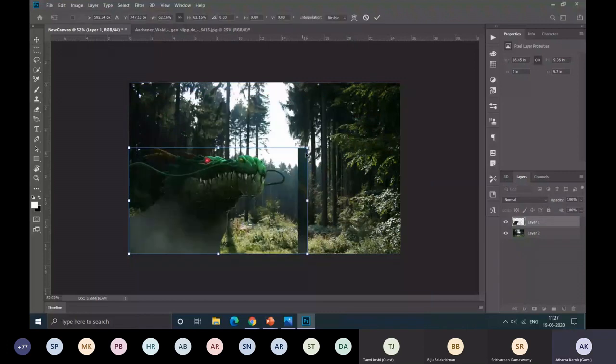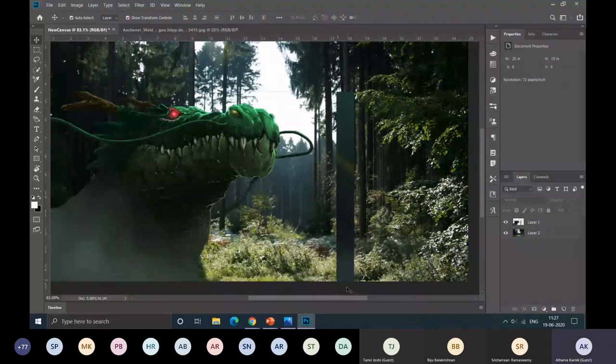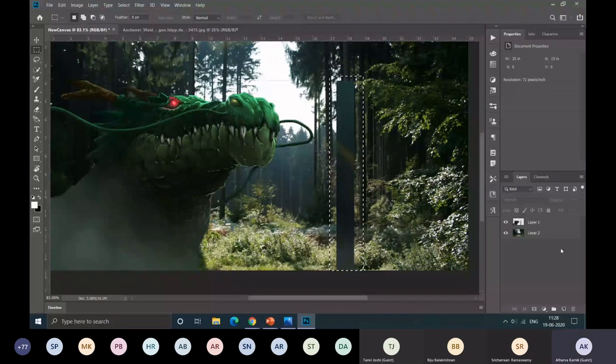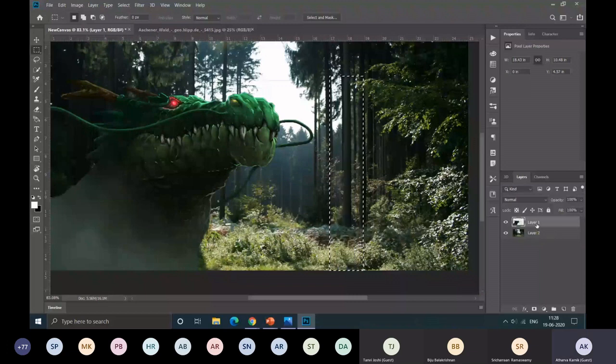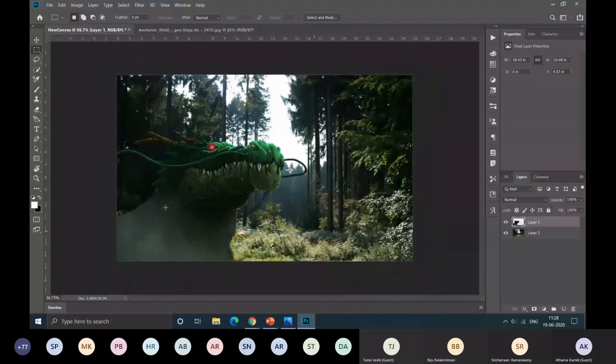Note that some part of the dragon image is seen here because when we delete the background, this part was outside the canvas. So to delete this part of canvas, we can select the marquee tool, select some rectangle with padding is allowed, and we'll select the layer from which we have to delete the selection. If we select this layer, dragon layer, it will just delete the selection from dragon. So if I press delete, that part has gone, but the jungle part is intact. So deselect now. So the background has changed.